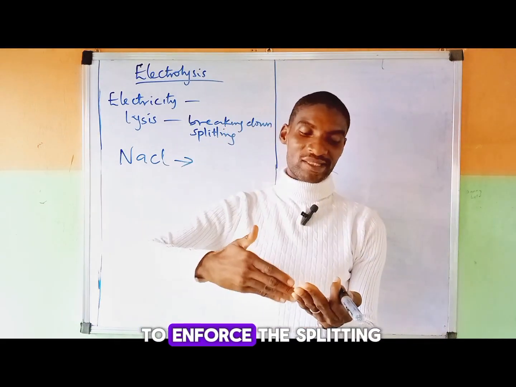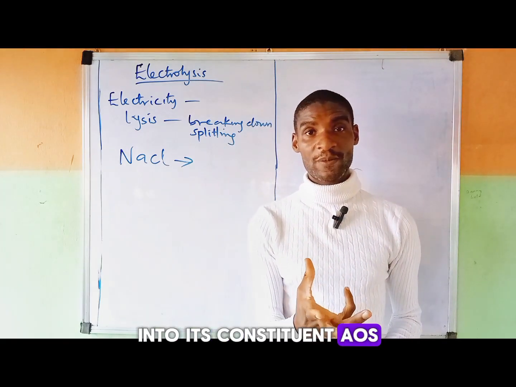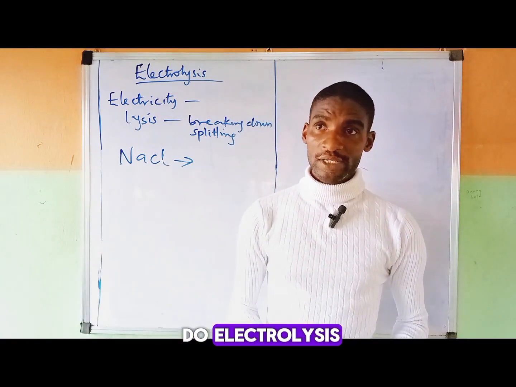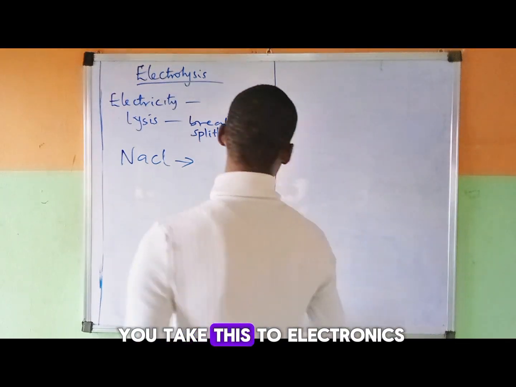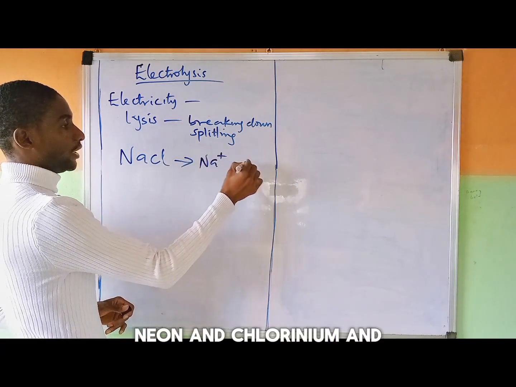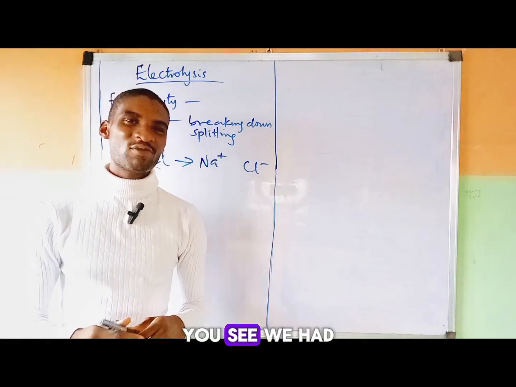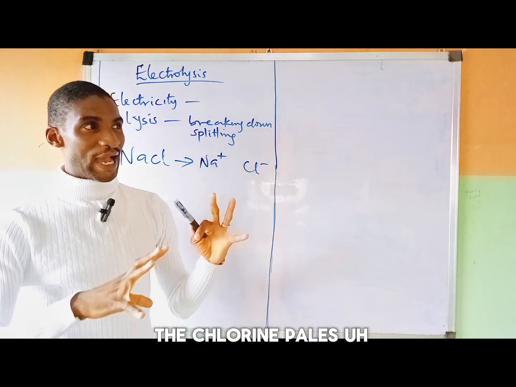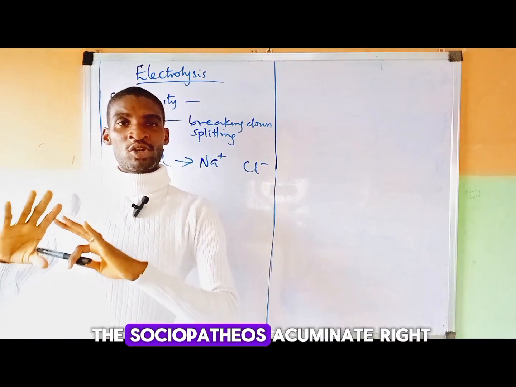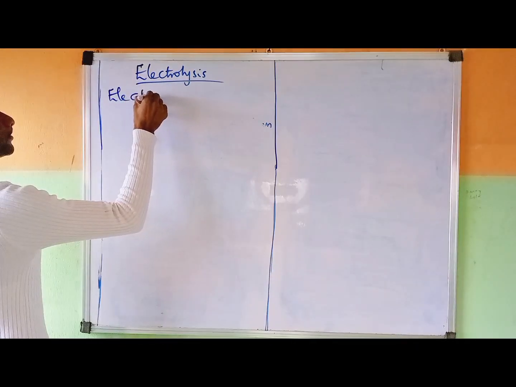So if you want to enforce the splitting of that compound into its constituent ions and then elements, you can do electrolysis. By the time you take this through electrolysis, it's going to split this into sodium ion and chloride ion, and in that setup, you will see where the chlorine ions accumulate. You see where the sodium ions accumulate. Alright, so that is what electrolysis is,